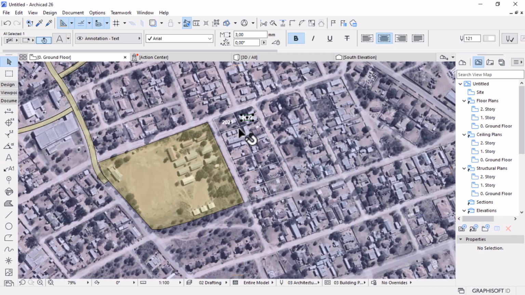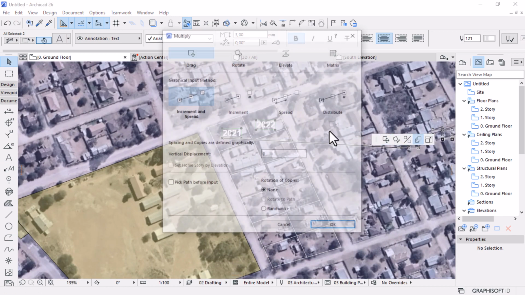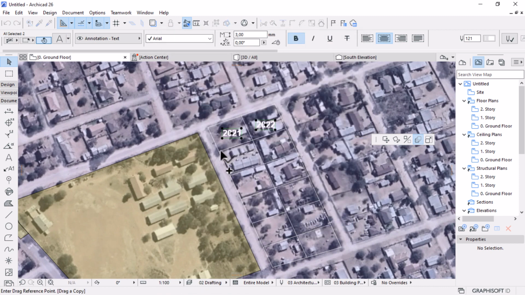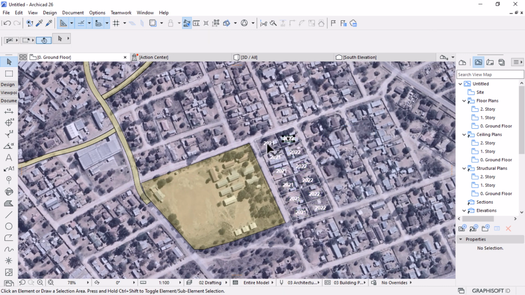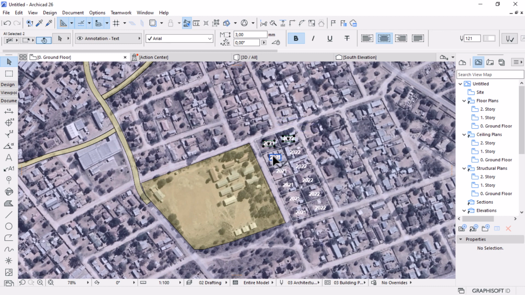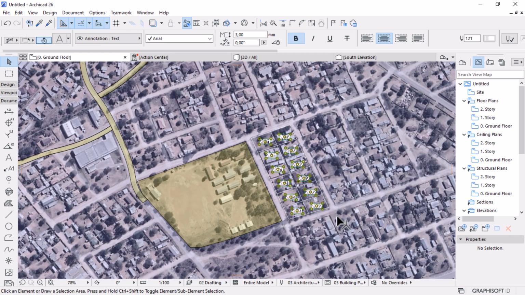So for the sake of this demonstration, I'll just use one plot number and then run a multiple copy like that from here to there, something like that. Make sure it's grouped as well by Control G on your keyboard. I think these ones are not grouped. I'll select that, make sure suspend groups is on, and then group them all together. Right,